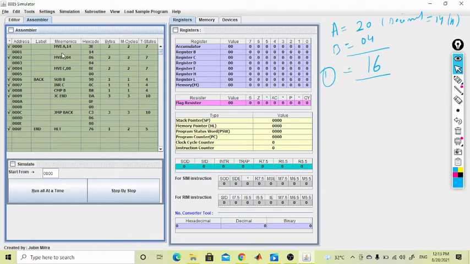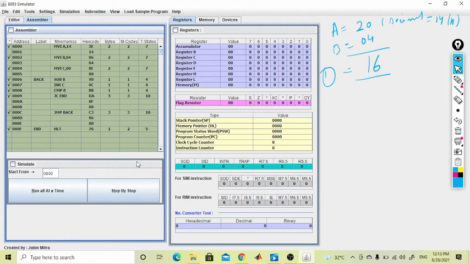So this is MVI A, 14. This is the hex code, and this is the bytes, the length of the instruction: how much space this instruction takes in the memory. Here it is 2, so you can see this instruction takes 2 locations in the memory. After 0 and 1, another instruction is written at position 2. So bytes means the length of the instruction.